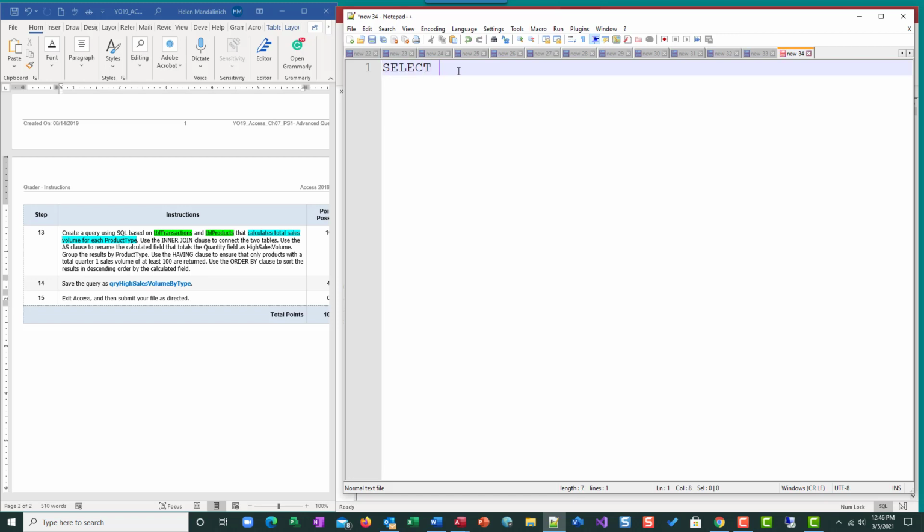So select always, right? And so what are we selecting? Well, we're selecting from the products table, product type, right? Because here it says calculate total sales for each product type. So I know I have to have product type. That's going to eventually be a group by. And then we need to do the sum